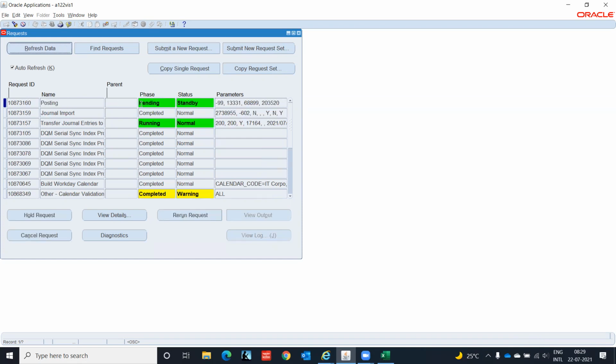Now posting has started. If this session gets disconnected, just immediately join again because we want to complete this posting part also. The posting is also completed.